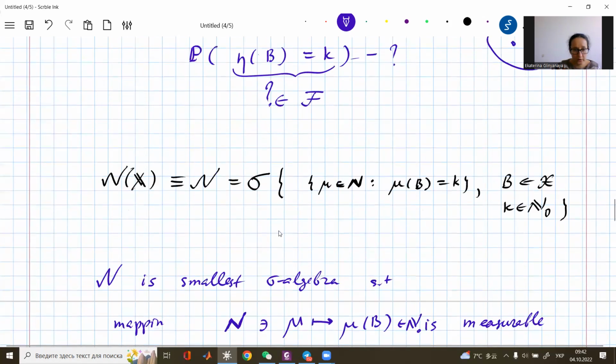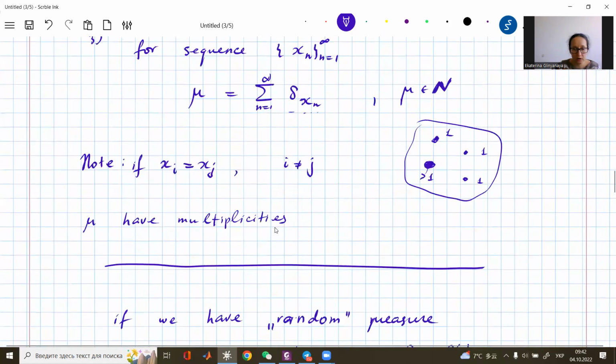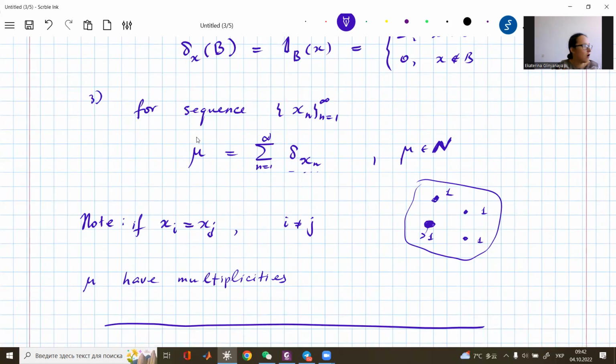When we discussed a measure on the space that we considered, we always talked about such examples where the measure can be represented as a sum of Dirac measures, but this is not the general case. Of course, these examples of